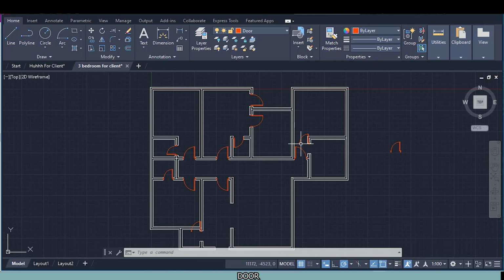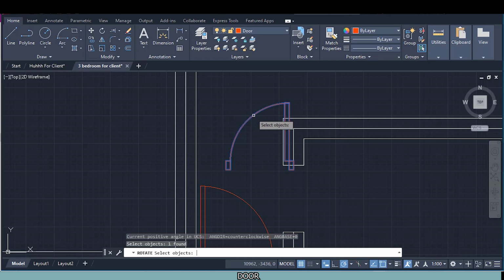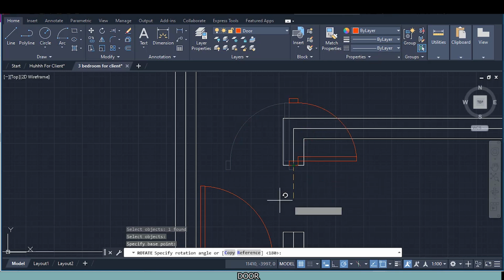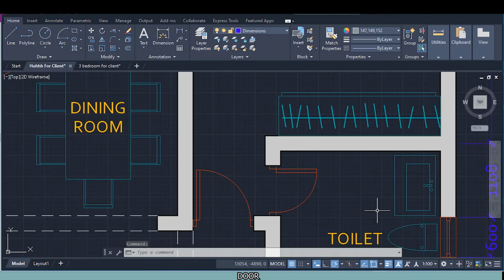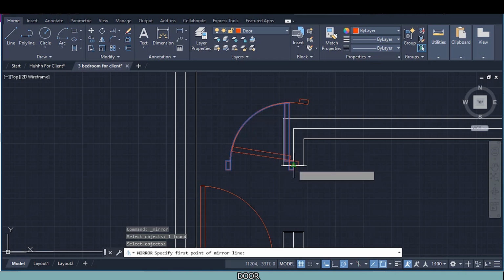We have this one. So quickly, it's a rotate, select the door, press enter, click right there, and it's not giving me what I want. This is what I want. I want the door to be flipped on this side, like this. So rotate doesn't do the job, it has to be mirror. So click on the door, press enter, click right there,